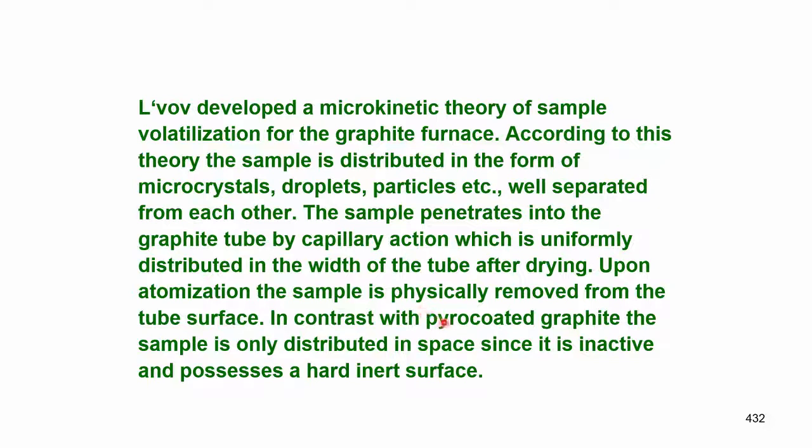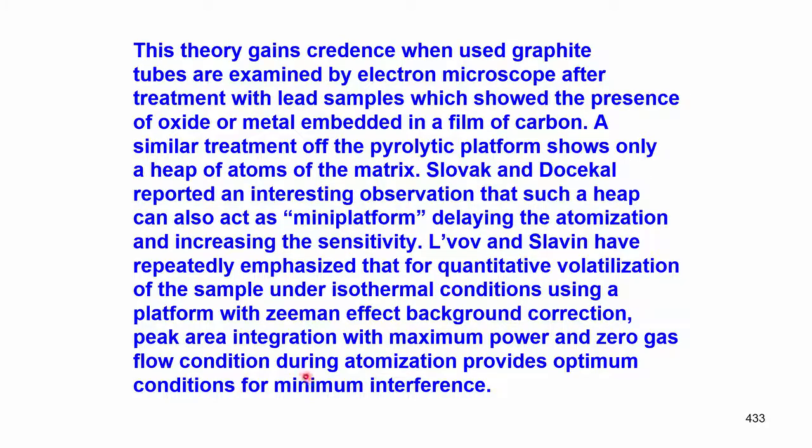In contrast, with a pyro-coated graphite tube, the sample is only distributed in space between the two edges of the graphite tube, and it is inactive and possesses a hard inert surface. Okay. So, this theory gains credence when used graphite furnaces